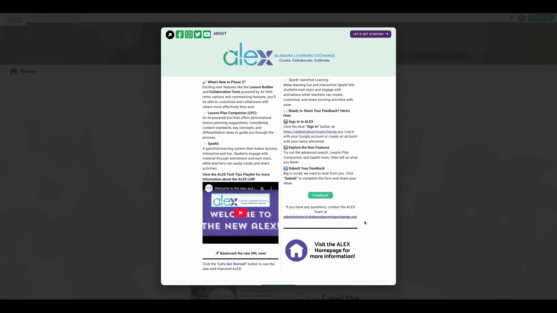The first time that you come to the site, you will get this pop-up window, which is important. This is going to be where the feedback form is. So if you have some feedback to give us, we've got a form where you can get in touch with us right there. Catherine mentioned the tech tips that somebody watched, and this is a link to our tech tips playlist right here. So essentially, what all information you're learning about today, you will find on those tech tips playlist, but it's in short little videos, like 5 minutes or less. So easy to digest. You can share those links out, but they're here and they're also on the homepage.